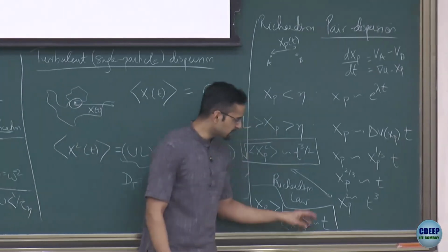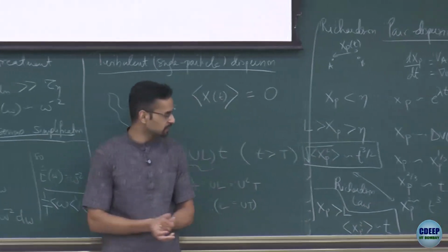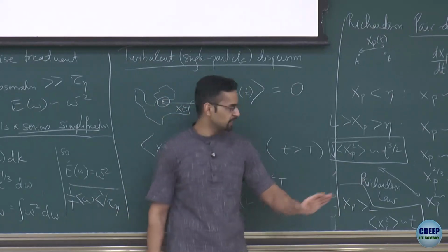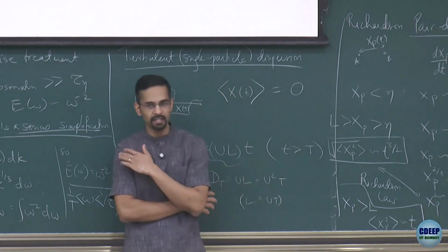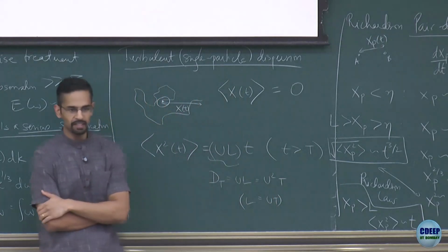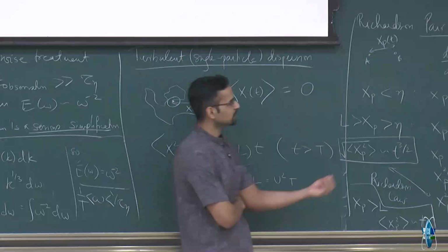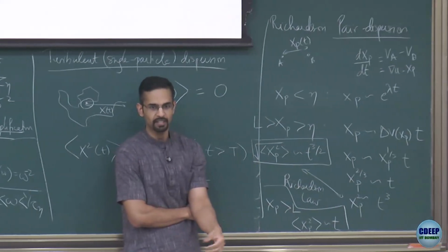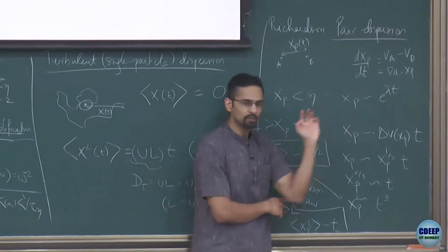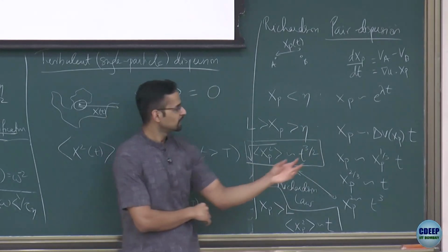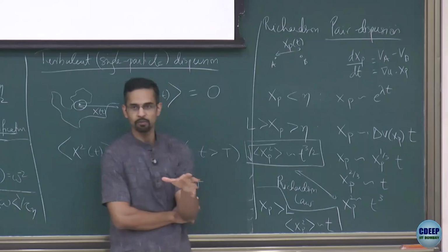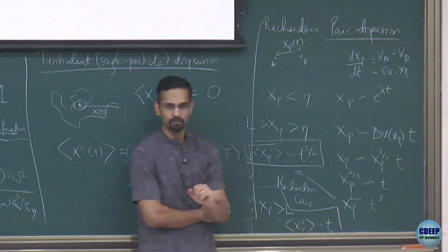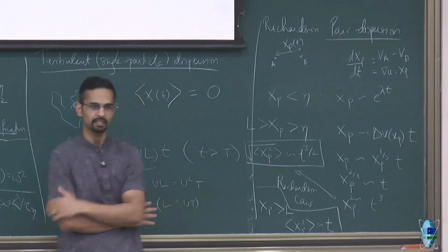And in that sense, it's still an open problem to see whether this Richardson pair dispersion exactly works out. What are the prefactors? Is there any correction to the 3/2 and so on? But in terms of the qualitative picture, it works well. You have this laminar, exponential type behavior at very small scales, and because turbulence is chaotic, you can put in the Lyapunov exponent there. Then you hit this t cube like explosive separation, and then eventually you will get diffusive behavior at large length and time scales.